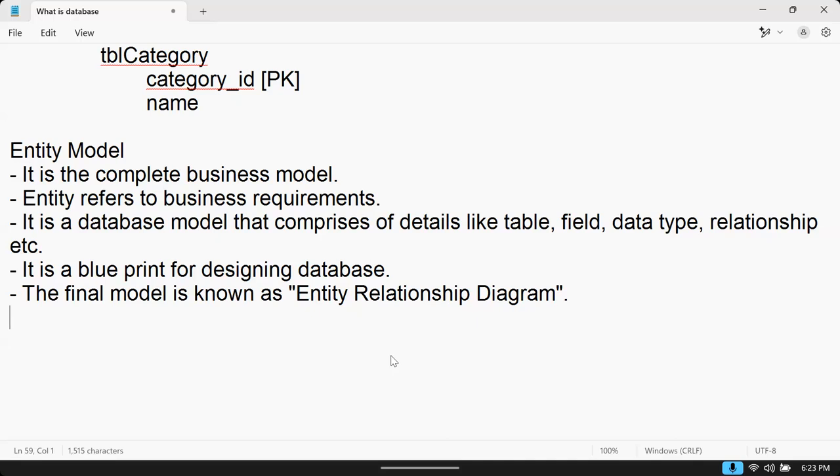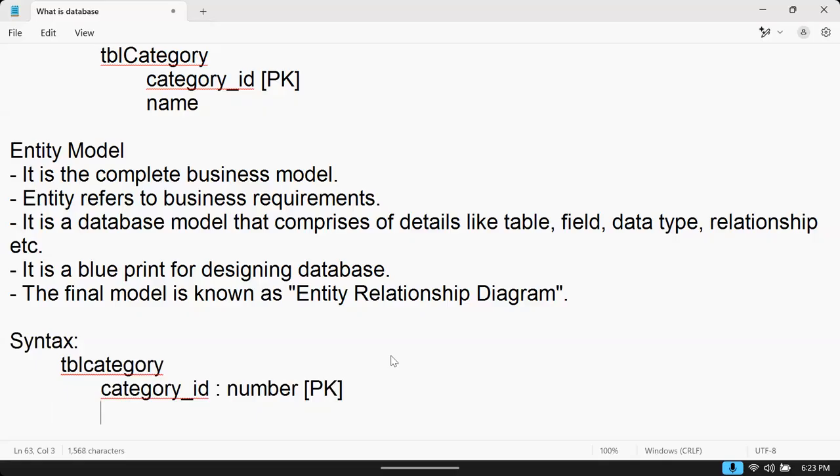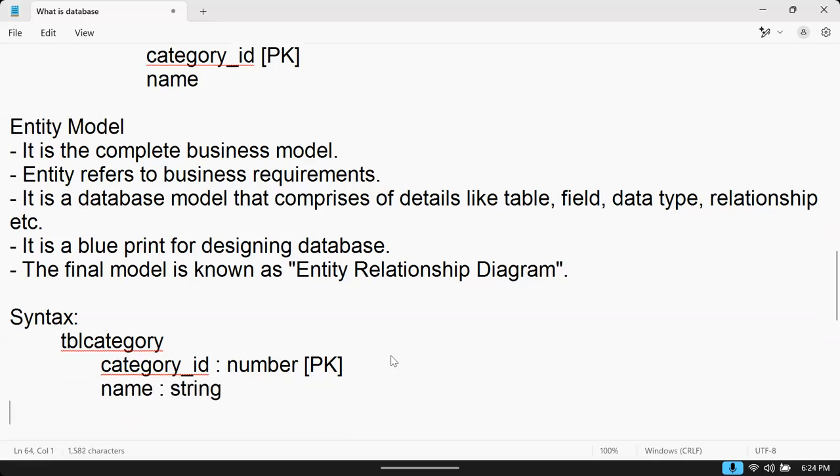All the business requirements are defined here. That means, just roughly, here I am giving table product, TBL category. It has category ID. It is number. It is primary key. Like this, we will have all the details. Name, it is string.